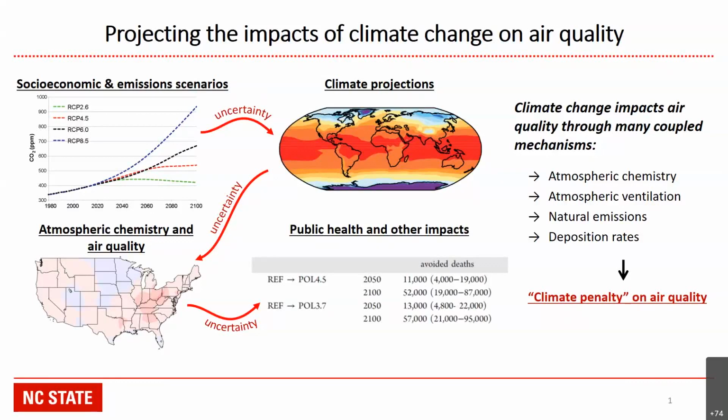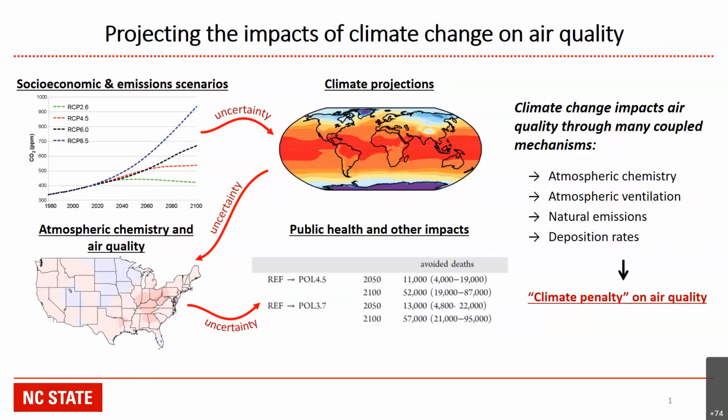Some studies have projected public health implications of those changes in air quality. There's a couple of different ways to go about it. Along these greenhouse gas emissions trajectories, of course, there's also emissions of conventional air pollutants and their precursors, so you can just capture that effect. But if you want to capture the interactions between climate and air quality, then you have to take these projections of climate, use those to either interact with or drive an atmospheric chemistry model, and see those impacts of climate change on air quality.